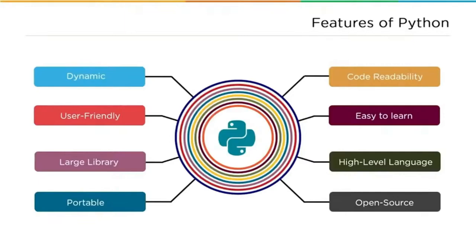Since Python is open source, as I had already mentioned, it benefits from all the benefits you get from any open source technology. Now, it's also portable. So what this means is that if we create a code in Python in a particular system, say on Windows, we don't need to make any changes if we wanted to use the same script or that same piece of code on some other system, say on a Linux system or a Mac system. Python itself comes with a very large standard library.